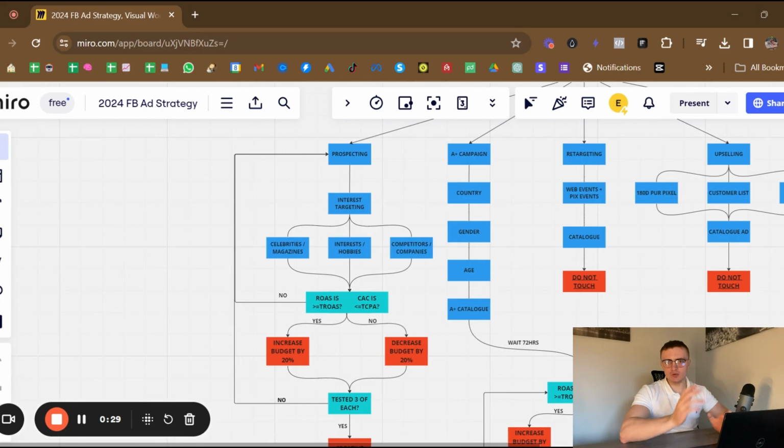Now, when you run a brand new ad account and it's all set up and you're starting ads, the pixel's brand new. So there's no data on that pixel. There's no sales coming for the ad account. So Facebook doesn't really have a clue who your ideal consumer is. Yes, you can use its data points, but at the end of the day, it doesn't know who your consumer